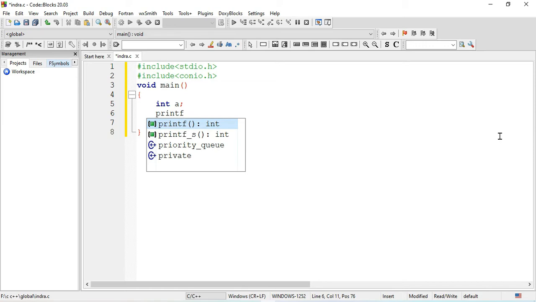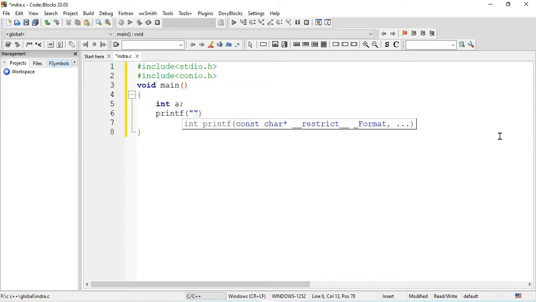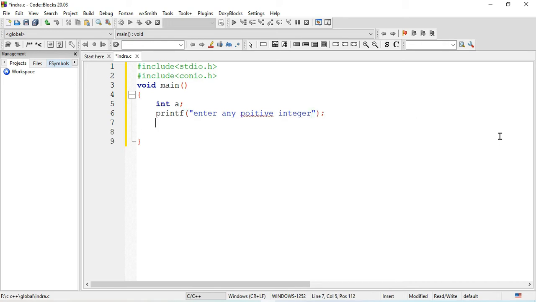Let's move forward and write one message on the screen. Let's print one message, printf, enter any positive integer. This message will be printed on the screen, and the user will give one positive integer.